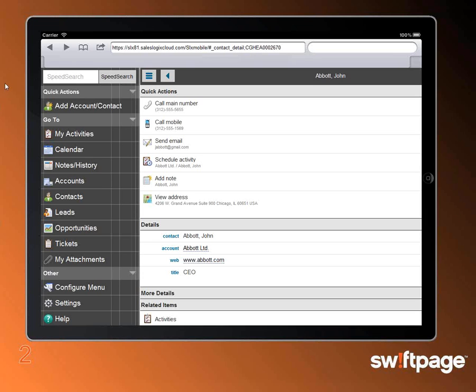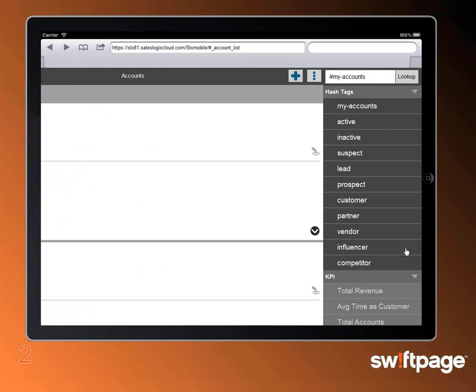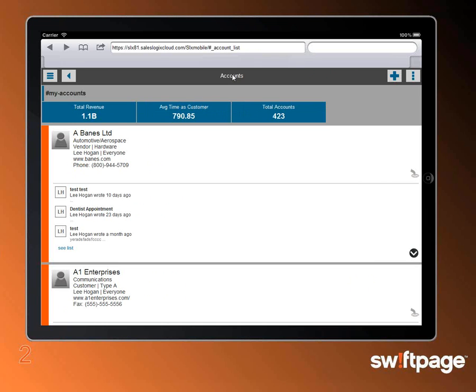Build my pipeline. So there's lots and lots of things in here we could start to dig into from an accounts perspective. We have KPIs that are deliverable on all of these things, so I can, again, drill in and get a quick snapshot view of what I am doing, or all of our accounts that happen to be out there. So 423 total accounts right now. They've been customers for a significant amount of time. And, of course, if every one of these prospects and accounts were to buy product from us, we're talking 1.1 billion. So I'd be a really happy guy and spending an awful lot of time in Hawaii if we could reel all that stuff in.